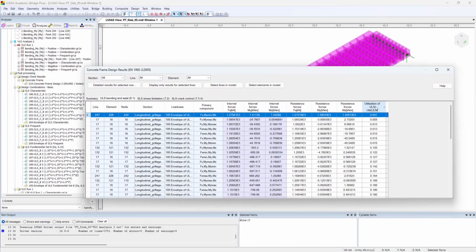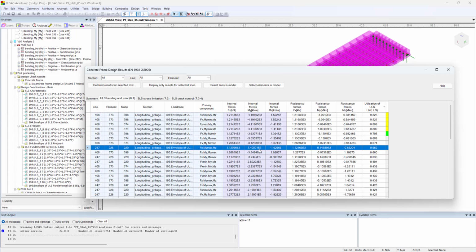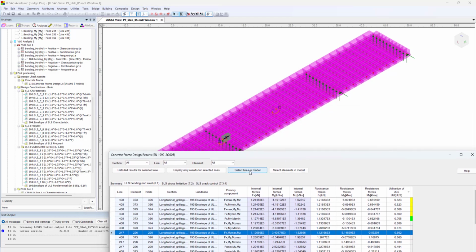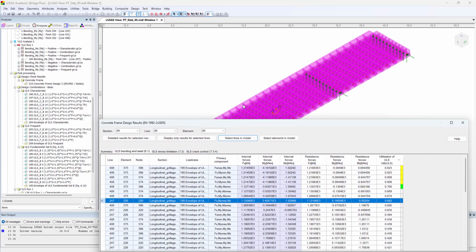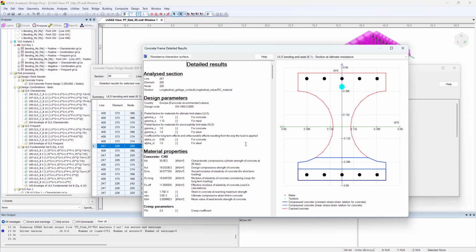I'm just going to order this in terms of highest utilization. And out of interest, I'm going to check the location where there's hogging. So you can see here we've got this positive bending. And again, I can use the select lines and model to see where that's coming from. That's right there over the pier. And if I double click on that to get some detailed results,